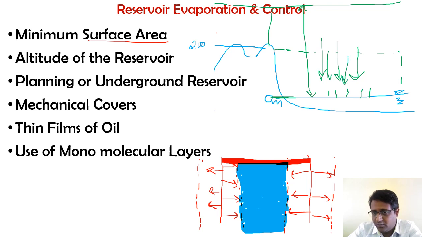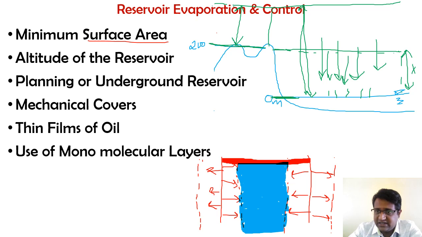Similarly, if I construct the dam at 200 meter elevation, at that point of time this portion of air mass is not going to put any weight. Whatever weight is there will be put by only this depth. So obviously, as and when the elevation of the reservoir is less, the quantum of atmosphere above it will be more, and in turn the pressure exerted by the atmosphere on that water surface will be more. Similarly, if it is at a higher elevation, then the atmospheric pressure applied on that water surface will be less. So in turn your evaporation rate will be more.